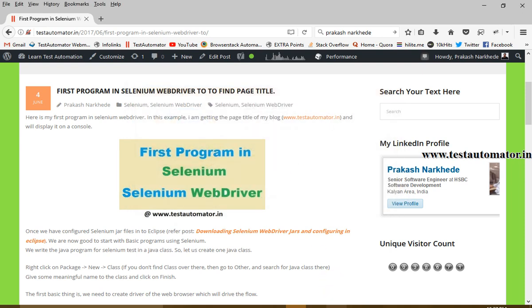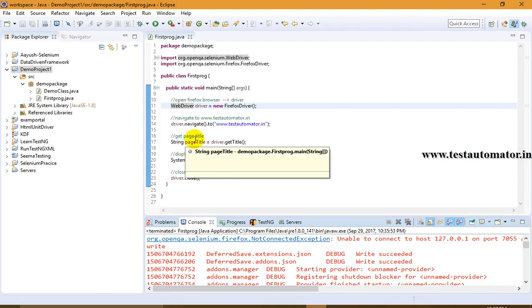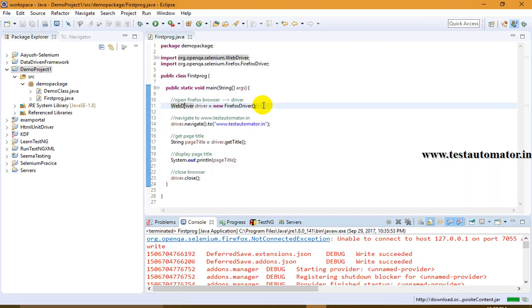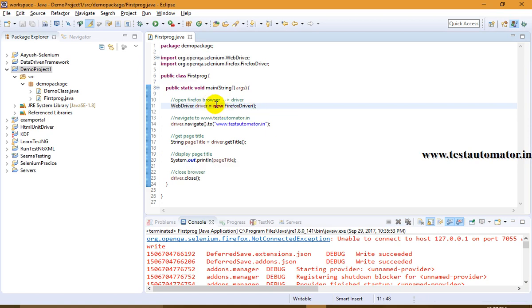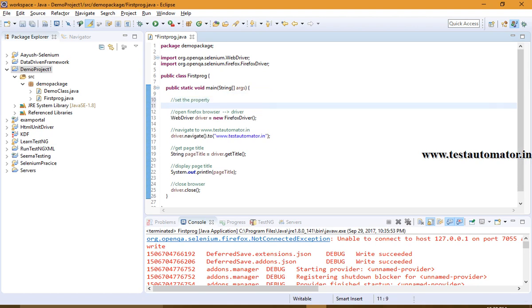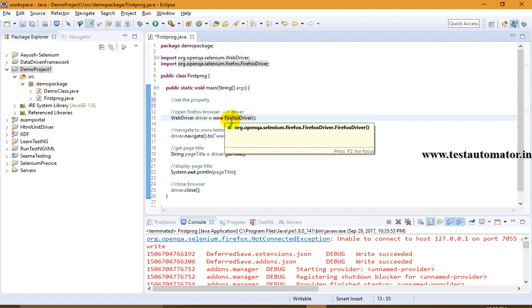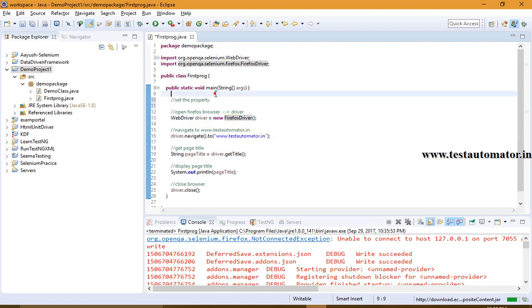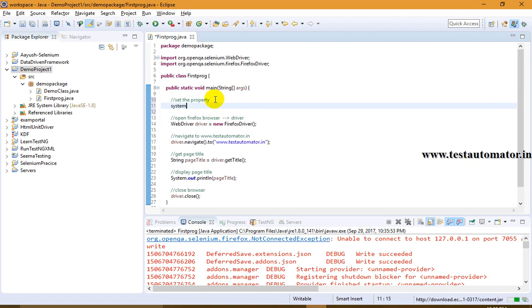So what I'll do is, instead of Firefox, I will use a Chrome browser. Fine, so I'll not use Firefox. In order to use a Chrome driver, you need to set the property. Firefox is the default browser for Selenium, but if you are using any browser other than Firefox, let us say Chrome or IE or Safari or any other HTML unit driver, then you need to set a property